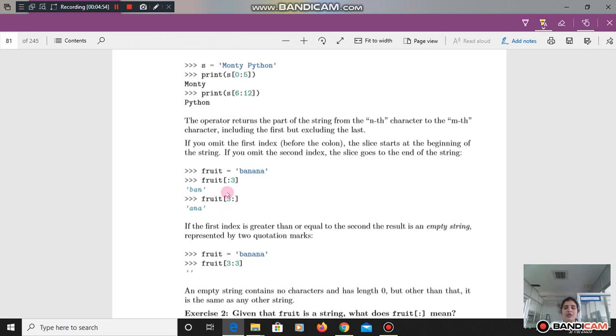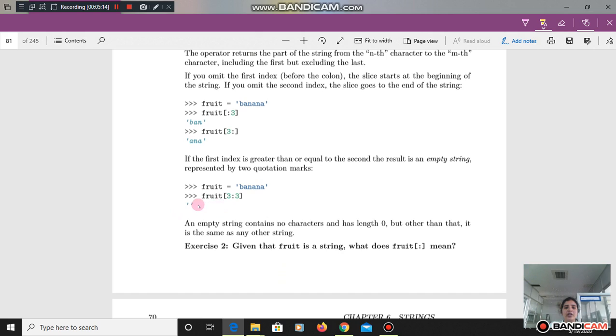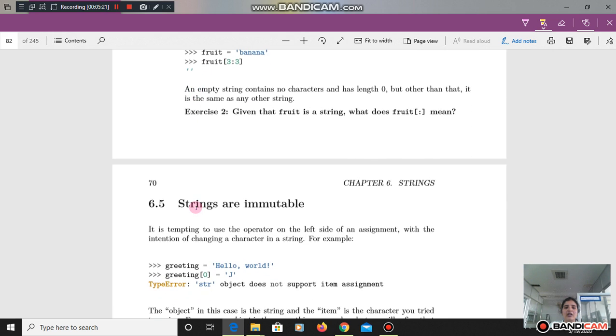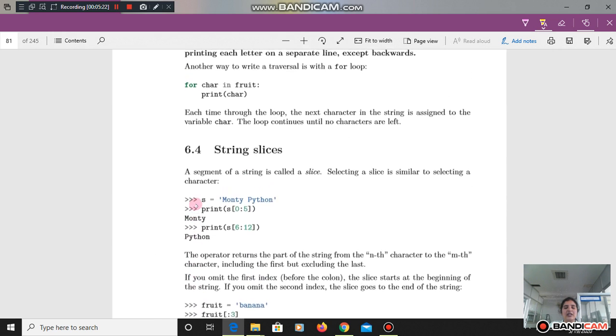What about if you are not specifying the second position here, but you have the third one? So it starts from, so after n, whatever the characters there are, it is going to print you. Okay, so this is the meaning of slices. Now if you use the slices equally, it is not going to give you anything, but it is going to give the empty string.